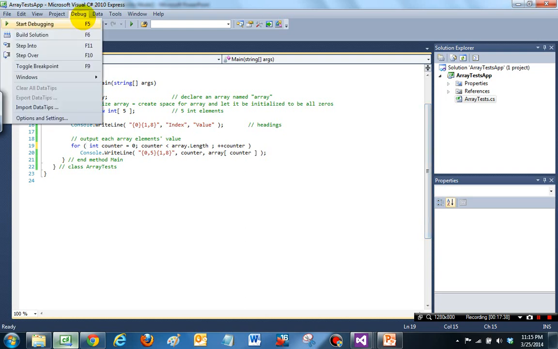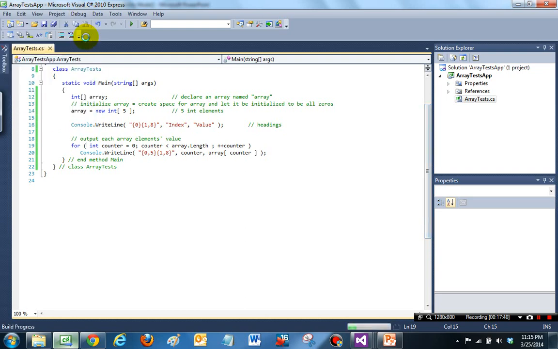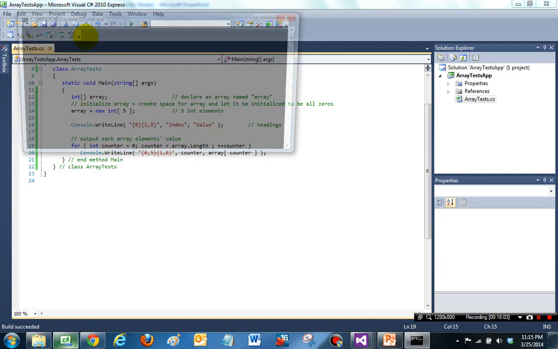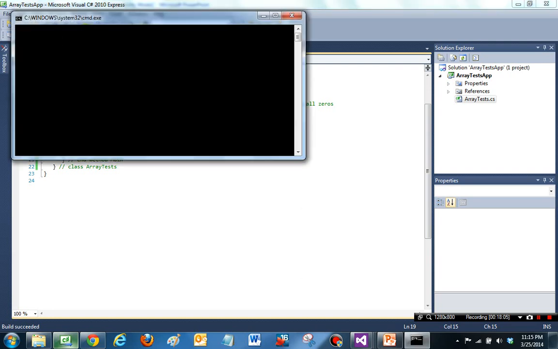So let's try to build this again, after I corrected it. The for, of course, has round parentheses, not curly ones. We can try to run the program with Control F5. So with Control F5, and here is the output,